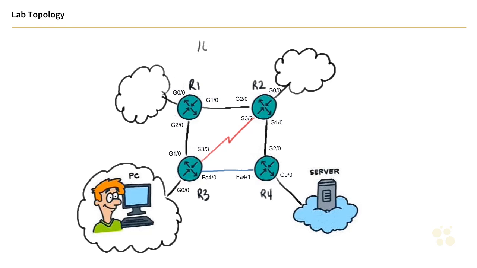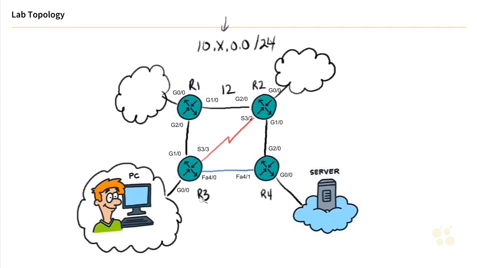We are going to be using the 10.x network with a 24-bit mask. So we're going to use a 24-bit mask across the board everywhere. And for this x, here's what we're going to do. Between router 1 and router 2, it's going to be a 12, representing the two router numbers. And if you ever look at two routers and their connection, think, okay, which is the lowest router number? That's going to come first. So this is going to be the 10.12.0 network with the 24-bit mask.